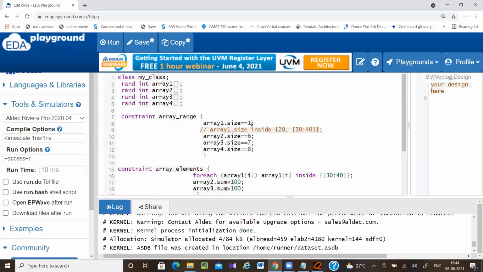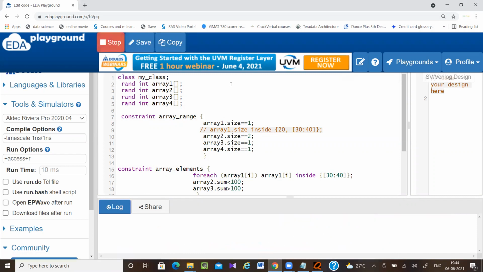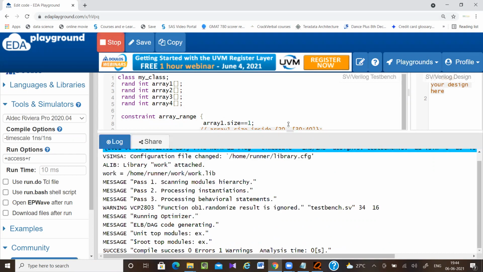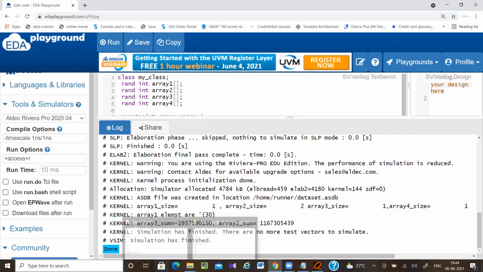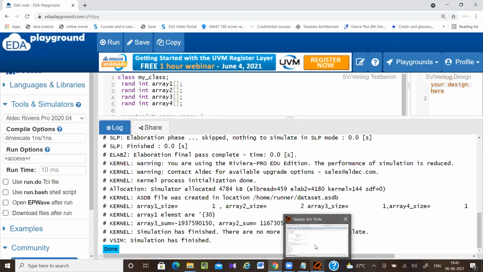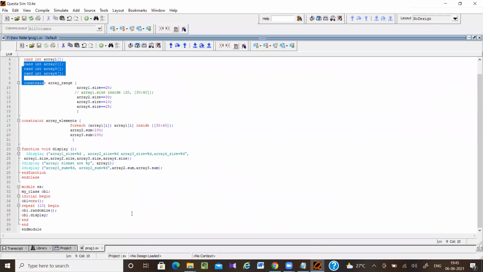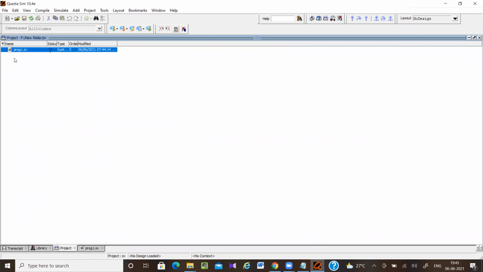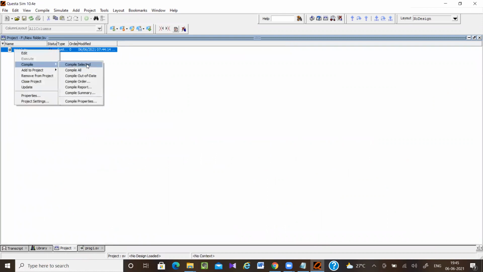If I decrease the size to something like 1, 2, then only it gives output. Maybe some issue with this software. So I have copy pasted the same code in QuestaSim to check the output. Here I'm getting the output, but if I write sizes like 10, 20, it takes so much time to compile and simulate. So now the same code I have pasted here with sizes 20, 30, 10, 25, and I'm going to compile it and check it.